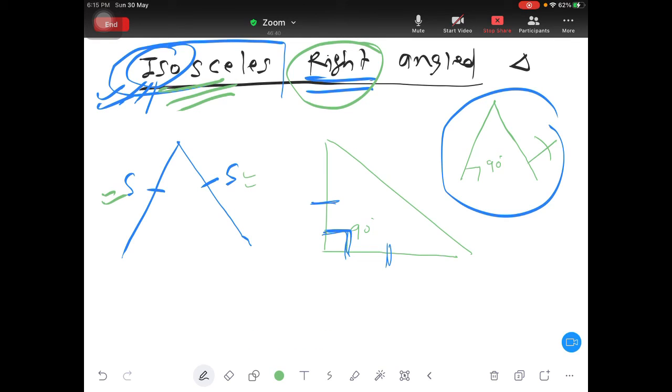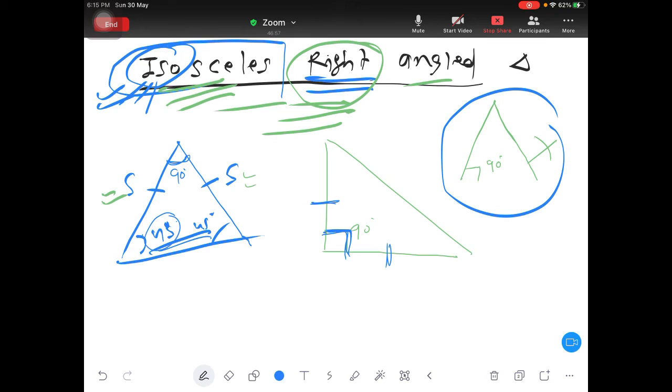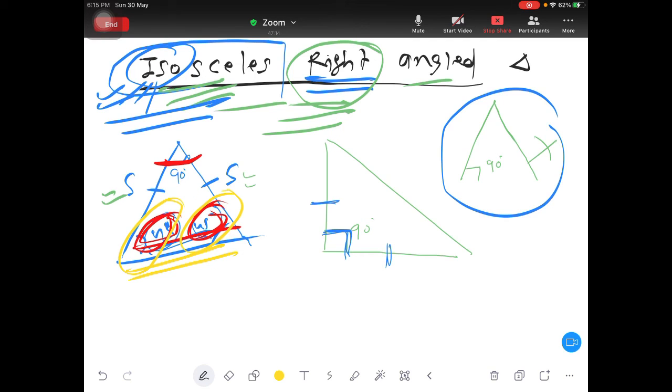But if you are talking about isosceles right angled, in that case the middle angle between them should be 90 degrees, and the remaining two are of course going to be 45 degrees and 45 degrees, no doubt in this. And this is fixed, correct? 45 degrees and 45 degrees is fixed, because if you are taking one as 90, then the remaining two should give you 90 together. At the same time, because it is isosceles, they should be equal also. So 45 and 45 should be same.